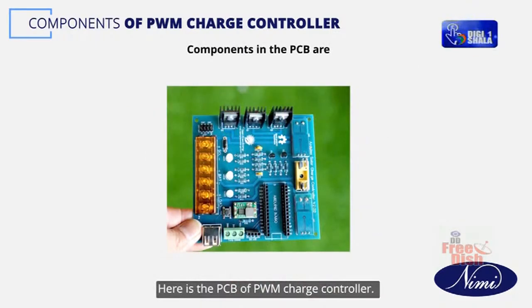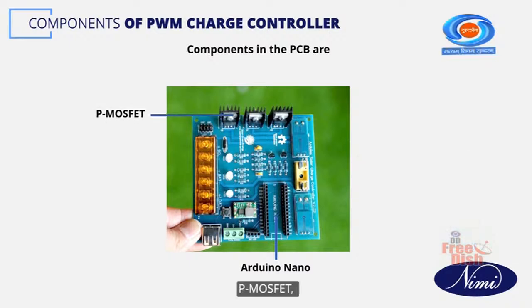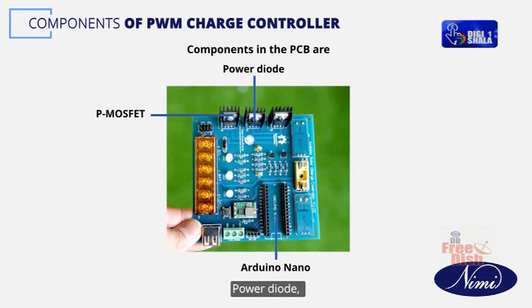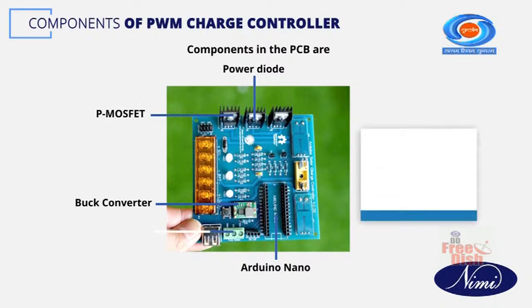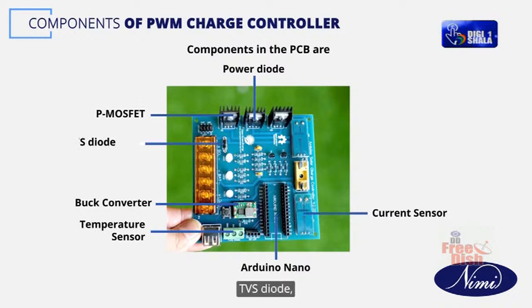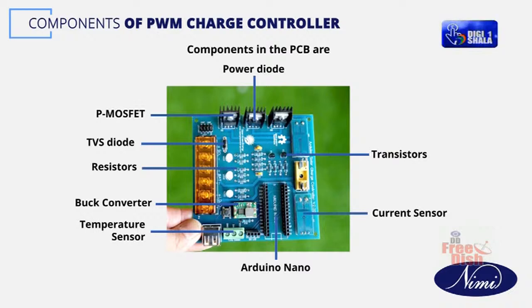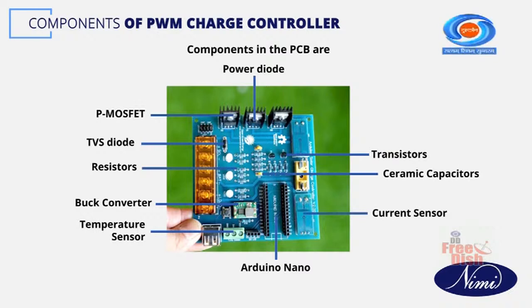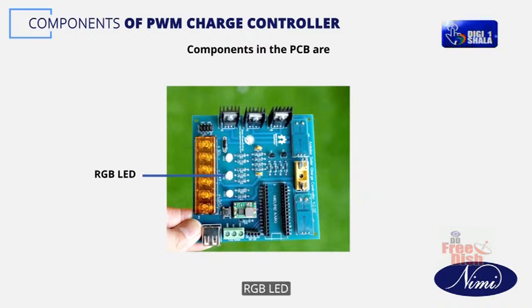Here is the PCB of PWM charge controller. The components are Arduino Nano, P MOSFET, power diode, buck converter, temperature sensor, current sensor, TVS diode, transistors, resistors, ceramic capacitors, LCD, RGB LED,